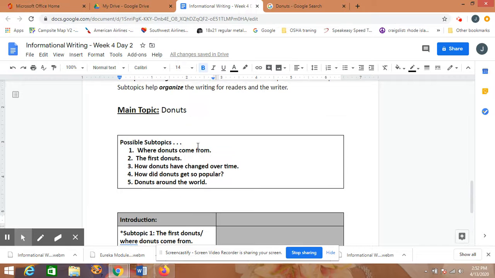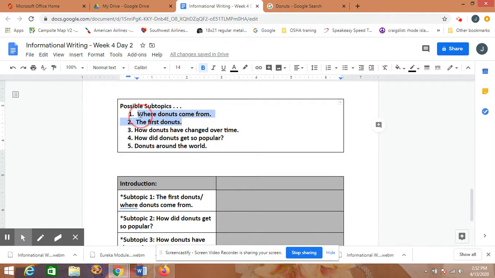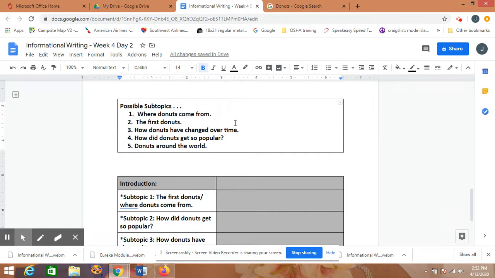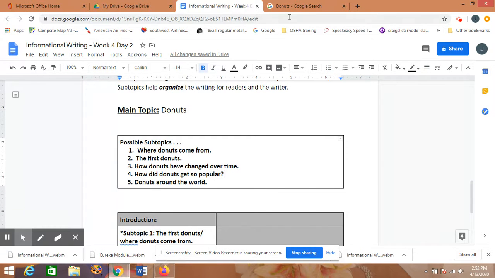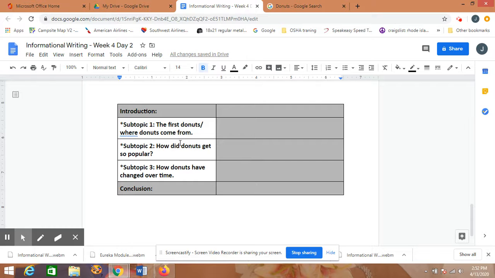So there you go. I chose three of my best five. I ended up actually combining two of them because I thought they were kind of similar. They're similar subtopics. So I brainstormed my five subtopics, those big ideas that I could write about that would help explain my main topic, donuts. And then I chose my best three, and I had to combine two of them. But even now, I'm looking at this. Let's look what I got.